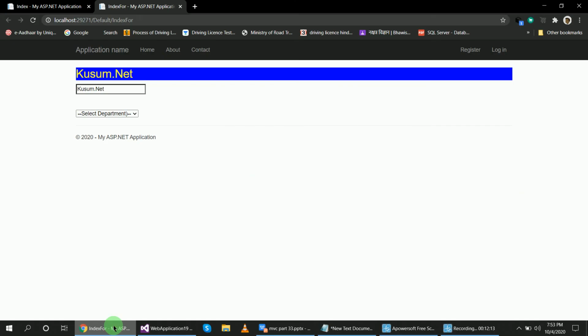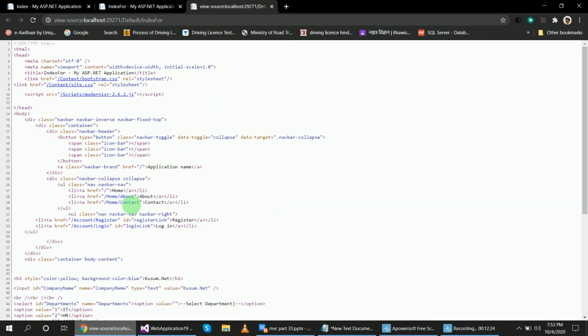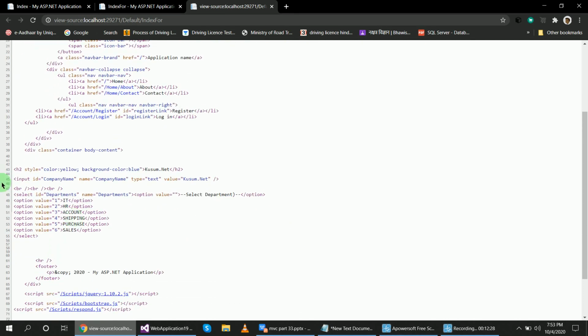Okay, let's check the output for strongly typed view. Okay, same output, right? And inside of this view page, you can see here the same HTML tag. Input ID equal to CompanyName, type text, value property, and for drop down list select an option, value properties, okay, for this strongly typed.